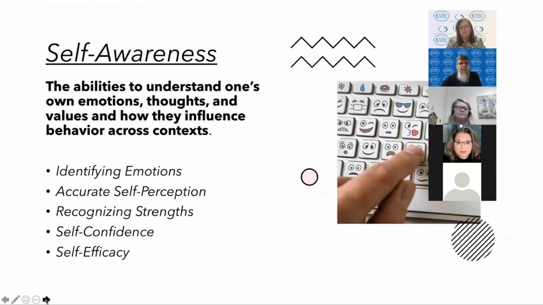So first we'll take a look at self-awareness. Self-awareness, competency in self-awareness involves understanding one's emotions, personal goals, and values. This includes accurately assessing one's strengths and limitations, having a positive mindset, and possessing a well-grounded sense of self-efficacy and optimism. Also, high levels of self-awareness require the ability to recognize how thoughts, feelings, and actions are interconnected. So what this may look like is identifying personal, cultural, and